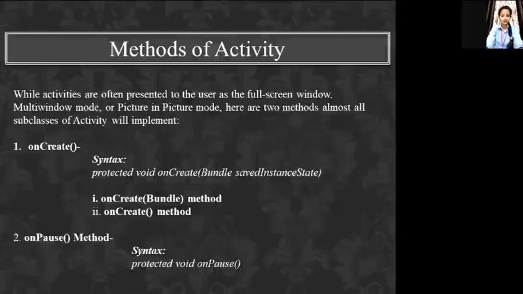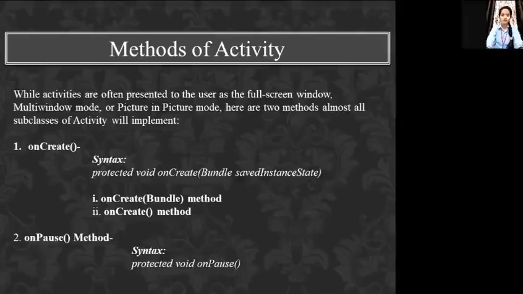methods of activity. What are the methods of activity? While activities are often presented to the user as a full screen window, multi-window mode, or picture in picture mode, there are several methods of activity: onCreate, onStart, onResume, onPause, onStop, onRestart, onDestroy.